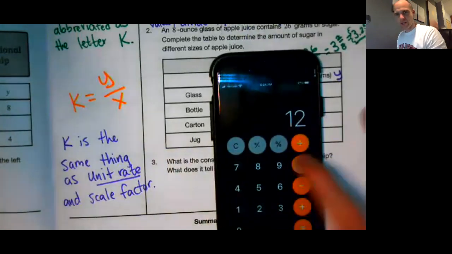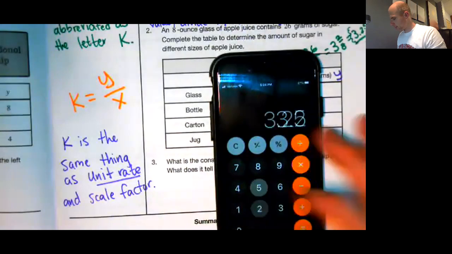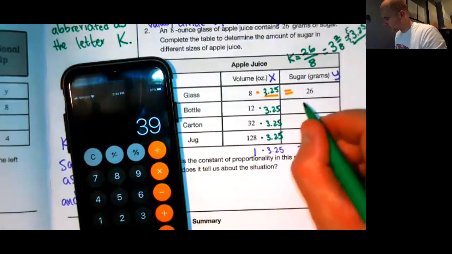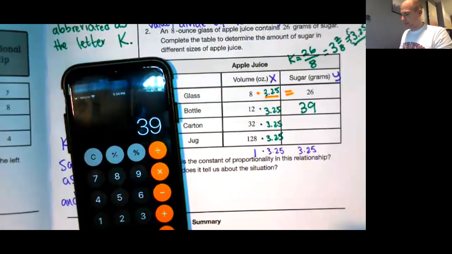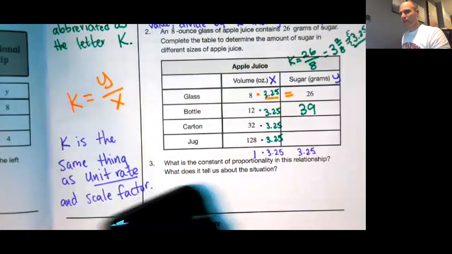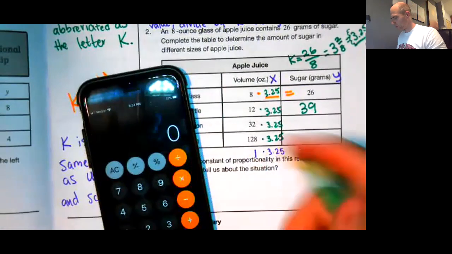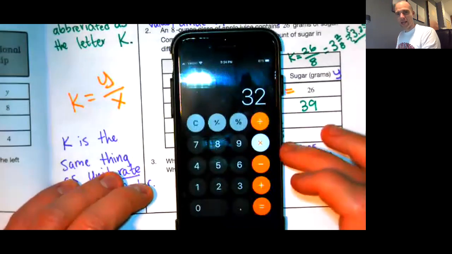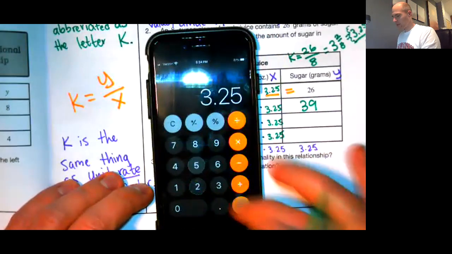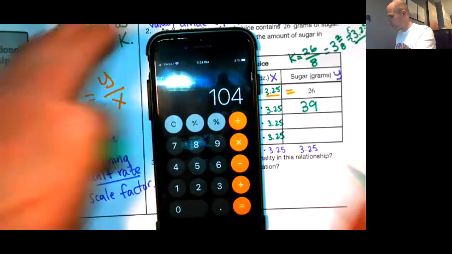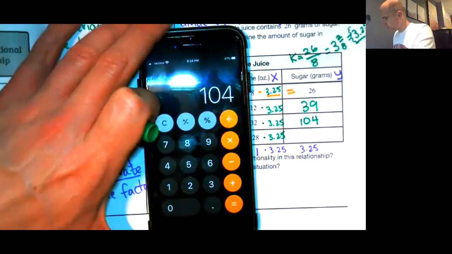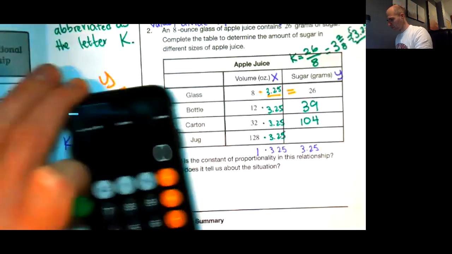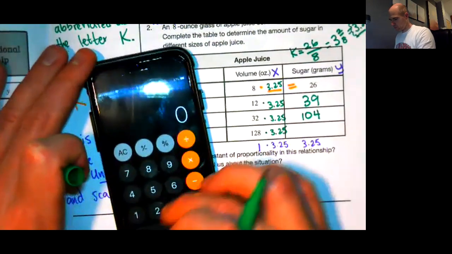12 times 3.25, 39. All right, so if you got 12 ounces of apple juice, you got 39 grams of sugar. That's a lot. All right, so 32 ounces of apple juice times our K, 3.25. You're gonna have 104 grams of sugar. And last but not least, 128